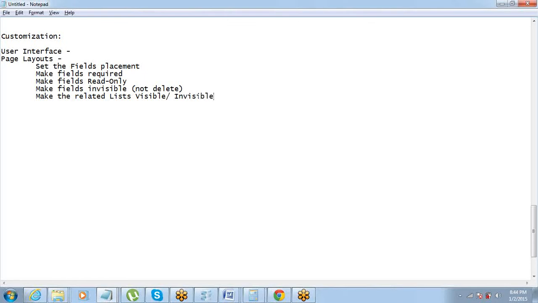You can remove the related list or you can bring in the related list. What is the related list? Basically related list is primarily the list of child records. So when I say related list, I mean list of child records. Okay. So you can make the fields required, you can make fields read only, you can make fields invisible, you can make the related list visible or invisible.